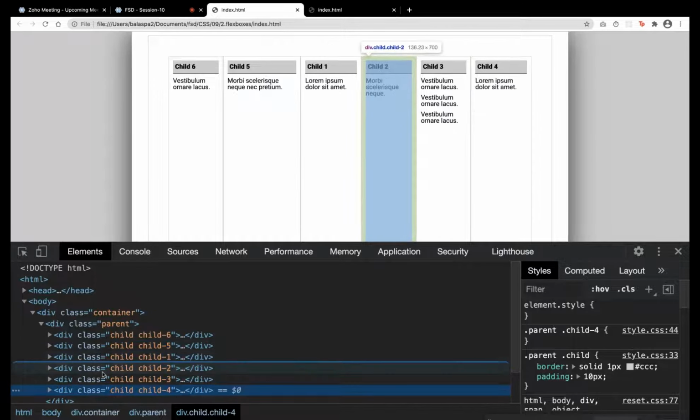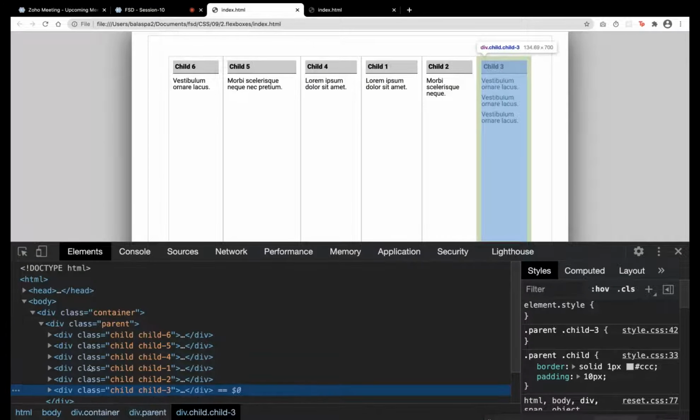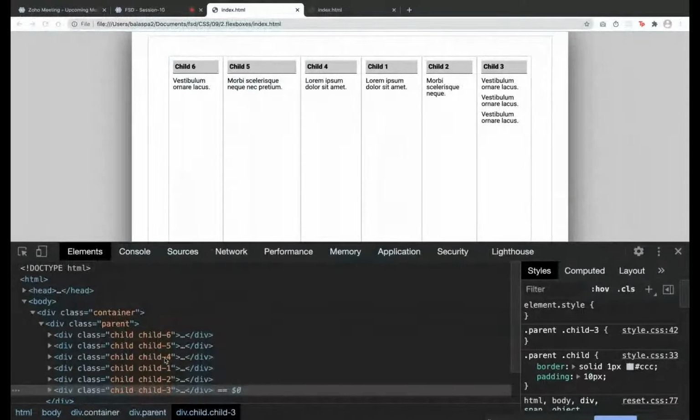Sometimes dynamically, when the values come from the backend, practically we might not have access to the HTML page. We might have access only to the style sheet. There are cases where we don't have our HTML file with us, and we can access only our style sheet. At those times it will be very helpful. Row reverse we can give.